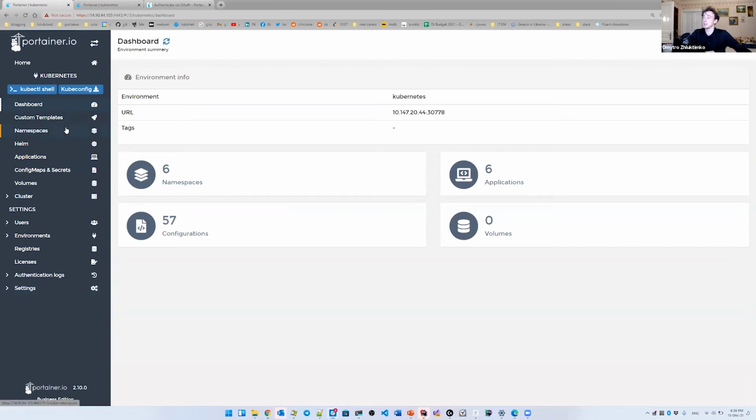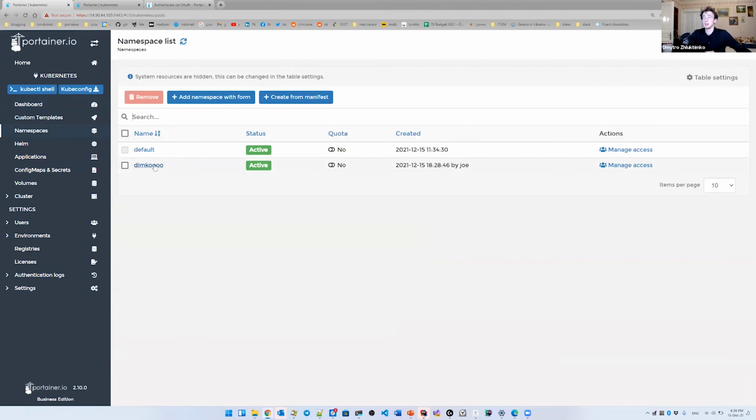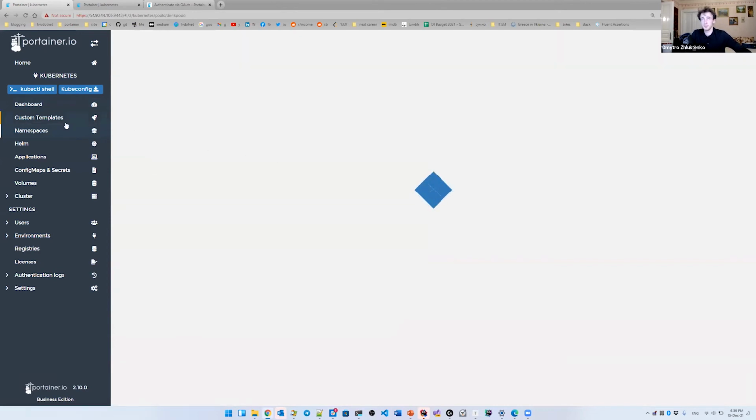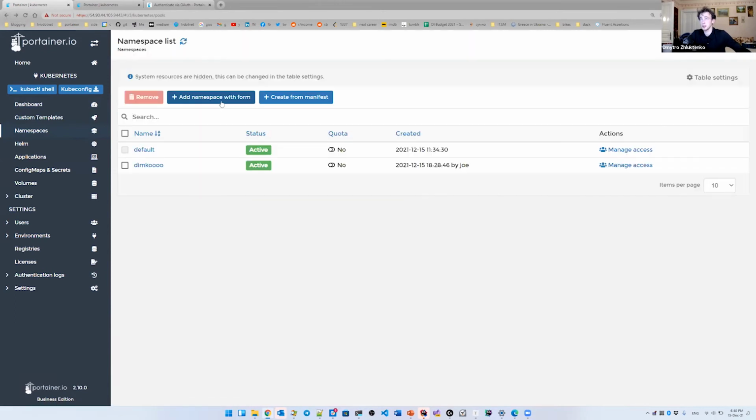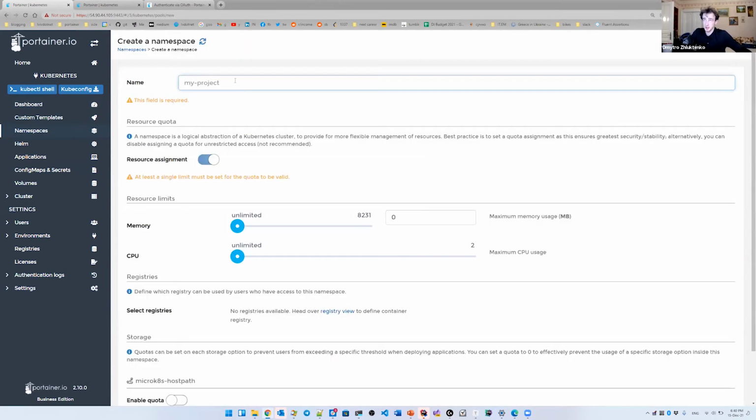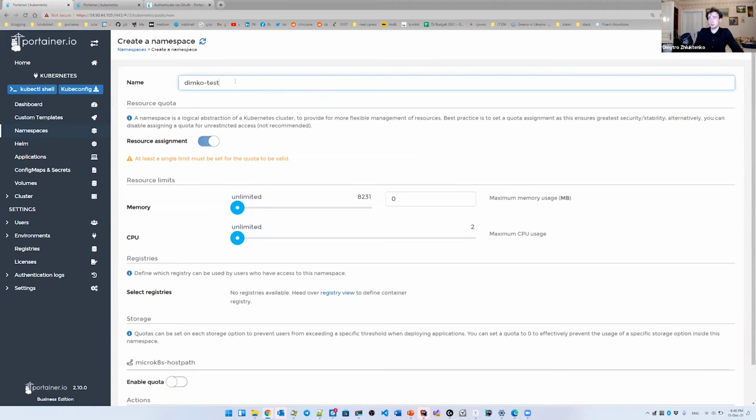The next bit that I'm planning to show is, so I've created that fancy namespace, Dimko. Let's actually create one from scratch. So let's create a namespace from the form, let's call it Dimko test ns. And the point that I'm trying to make here is that security is not only role-based access, security is not only authentication, etc. It's also operations, and operations